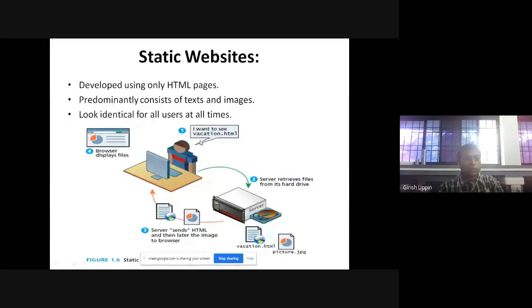Whatever the HTML page and embedded images there are will be retrieved from the disk. You can see the HTML page and the picture.jpg. It will retrieve that and send it as a response. This response is received by the browser, and the browser will display that particular page. So you will see this kind of structure in static websites.